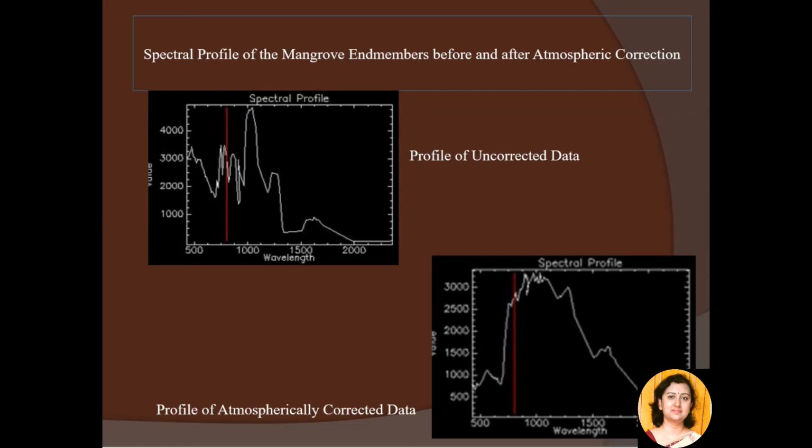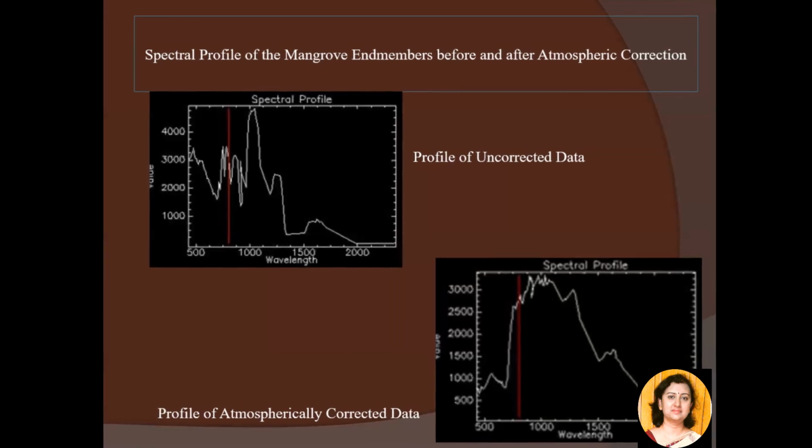Going back to the atmospherically corrected spectral profile of the study area, this spectral profile can be interpreted statistically also. Now, here we can see the spectral profile before atmospheric correction and after atmospheric correction. We have demonstrated this along with the software as well. So here, as our main area of focus is mangroves, we have taken a spectral profile of the forested segment, as we can see here.